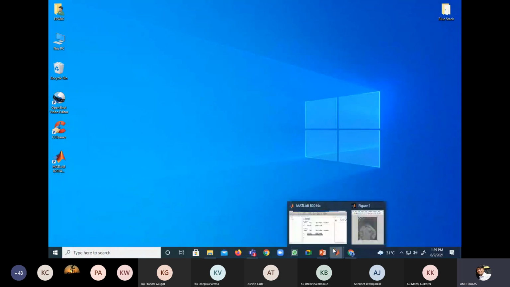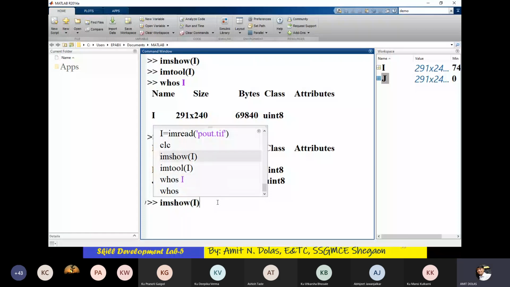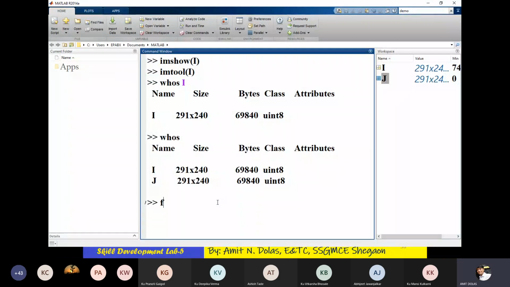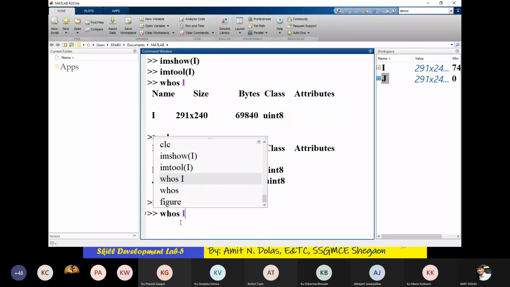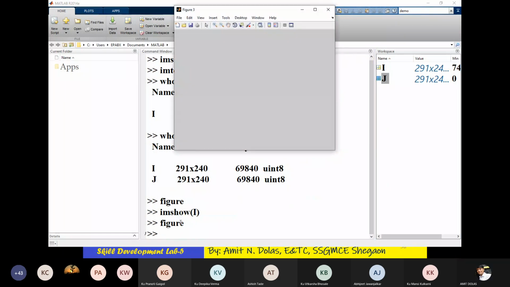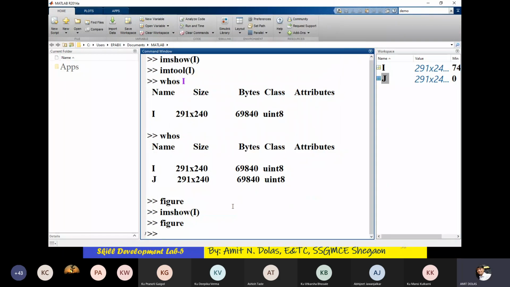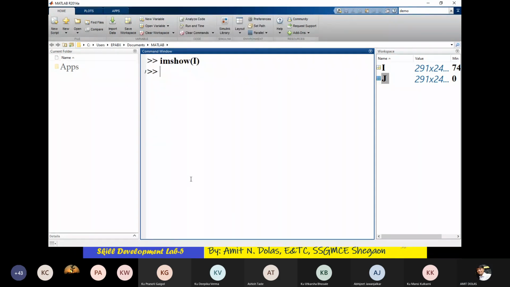So we'll show again, using figure. I'm reading this image.